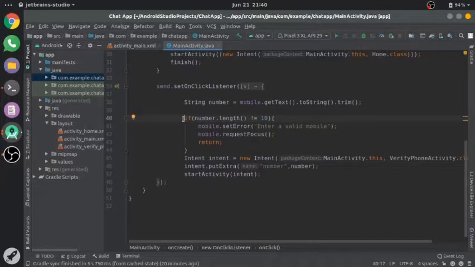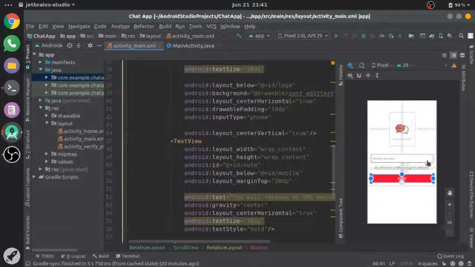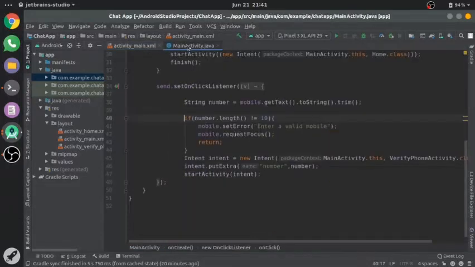Here I am checking with the length of the number. You can add many more parameters according to you. So now here I am checking the length, and I will be setting an error message on the edit text, so the user will get an error message: enter a valid mobile number.